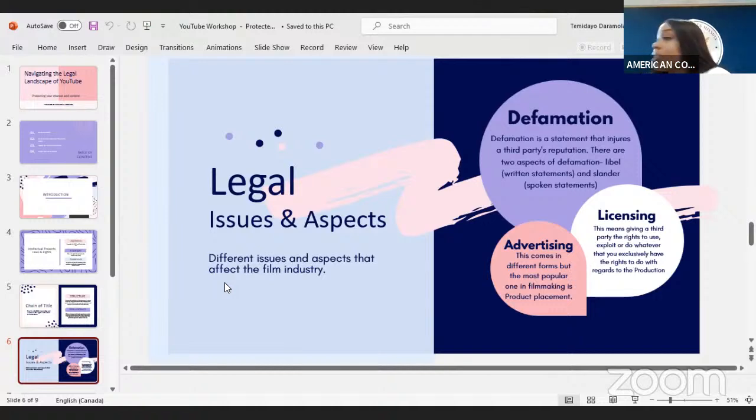The second thing is advertisement. Like I said, I think the most popular type of advertisement you have in the film industry currently is product placement. Now, for you to get funding for your production, there are different ways it can come through. It can come through as an integral part of your script. It can come through as just laying around on your set. It can come through in your branding when it